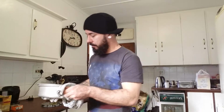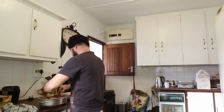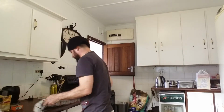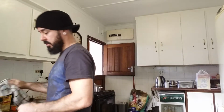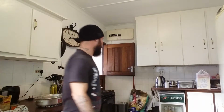What I did as well is I put some coriander and some fresh mint underneath as well. You can see how it's cooking there. That aroma. Let me tell you, that aroma is really nice. That's very, very delicious. You put them in the hole because you can pluck them out when it's done. You don't want to